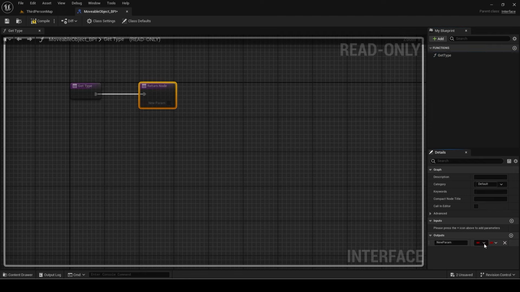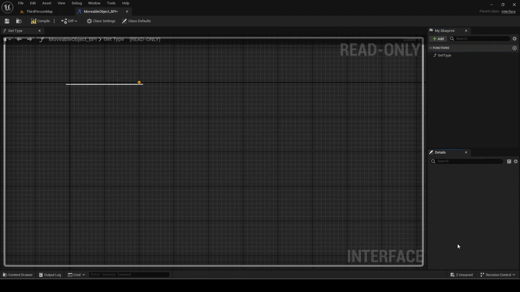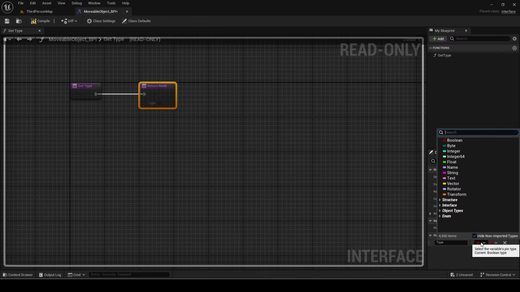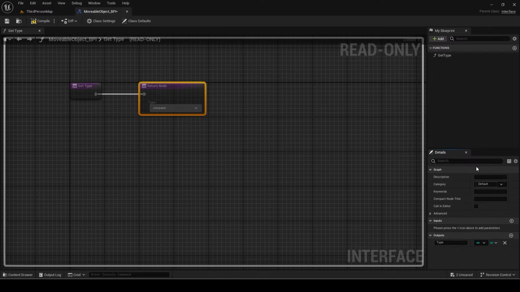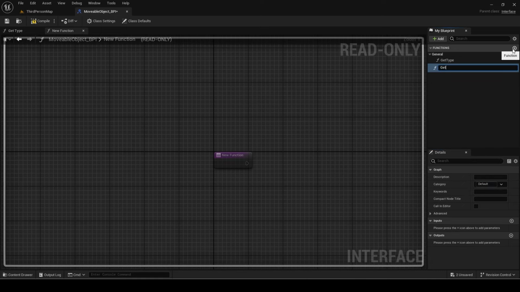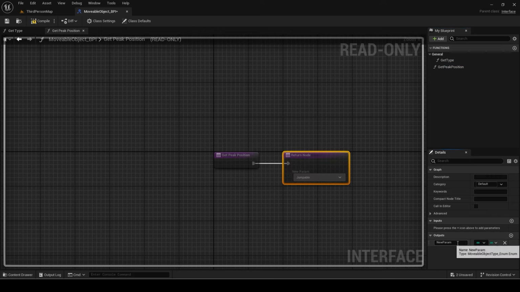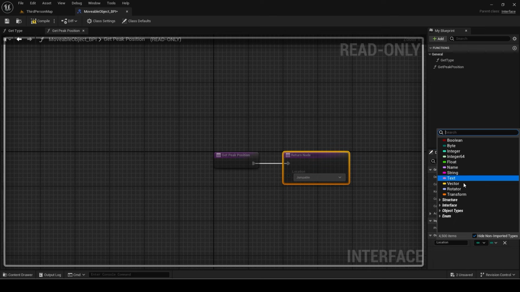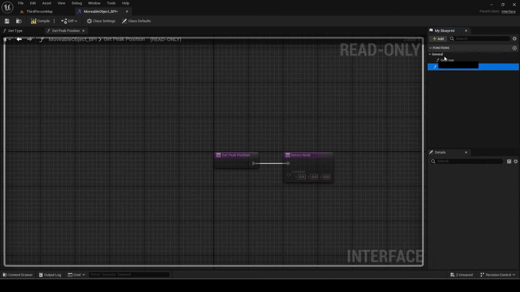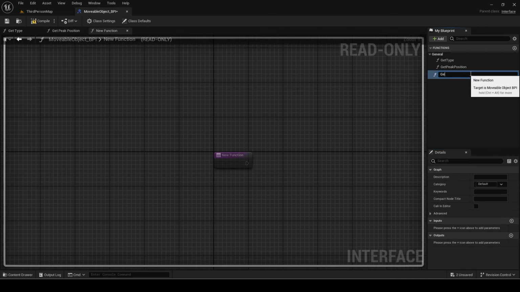The first function will be called getType, which will have an output called type with the variable type being the object type enum we made. I will put it into a category called general. Make a new function called getPeakPosition. It should have a vector output called location. Make an identical function called get